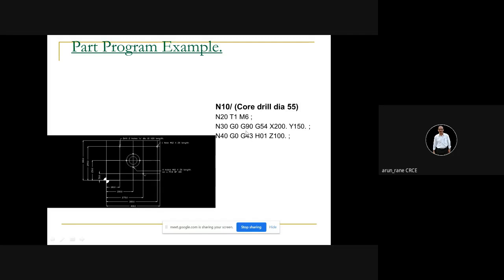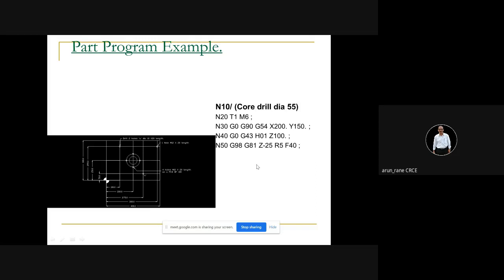With the help of the G43 command. How do you call workpiece offset? With the help of G54. So G43 H01 means the control will retrieve the tool length in Z direction from the tool offset library.